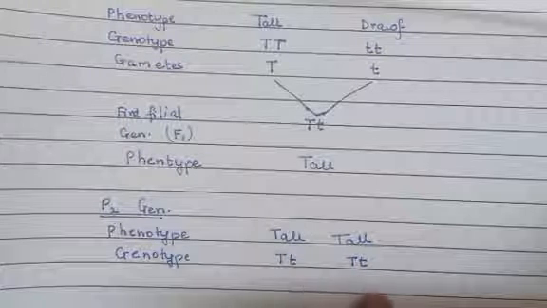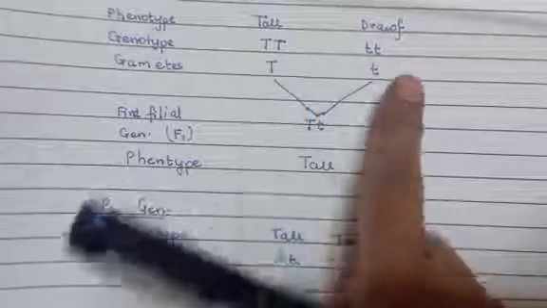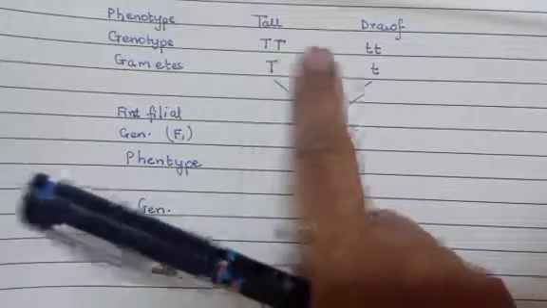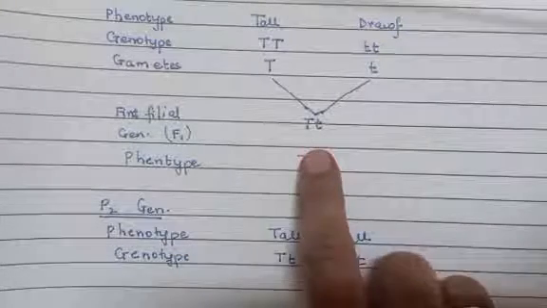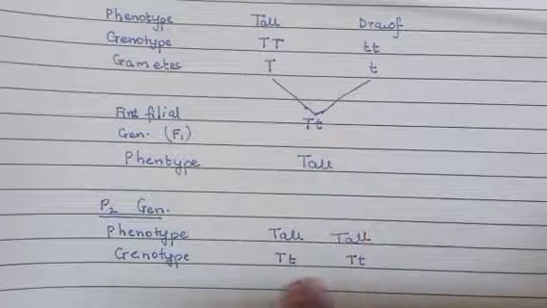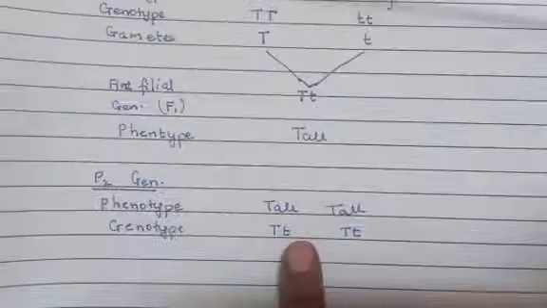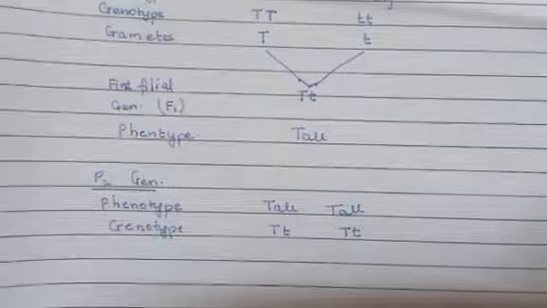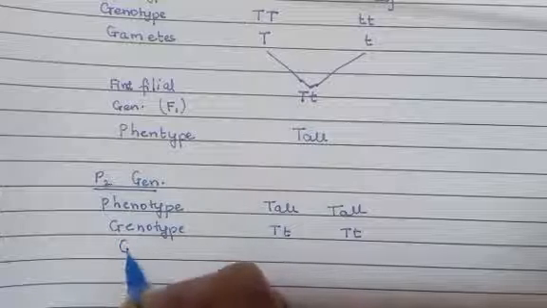Though these plants are all tall, if you compare with the earlier ones, you will see that a tall plant there has pure genes of both capital T, and a dwarf plant has pure genes of both small letter t. But their offspring has a capital T and a small letter t. Now we are taking two plants which look tall, but they are the plants which we obtained in the first generation. So this is their genotype. Now their gametes.